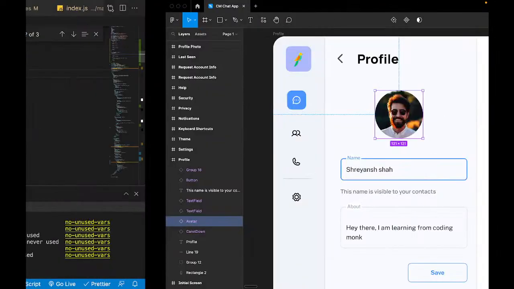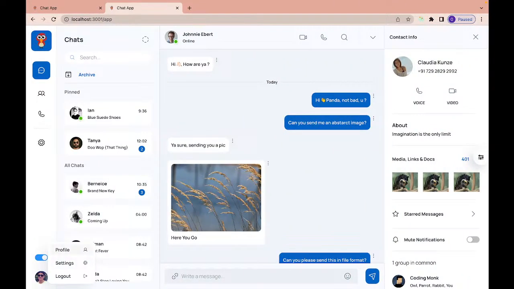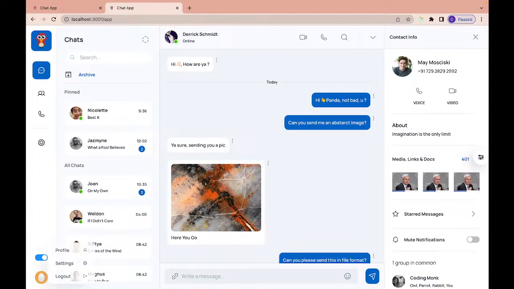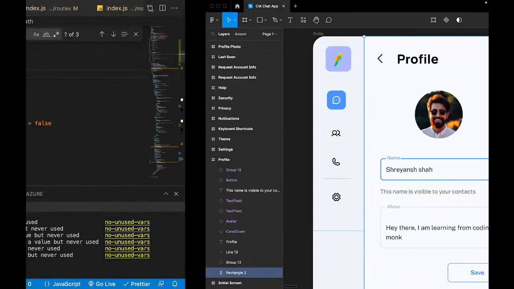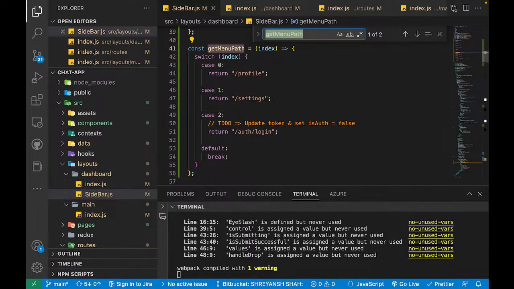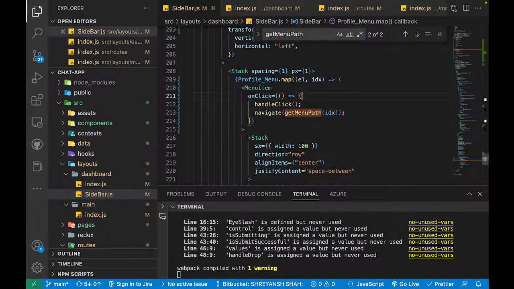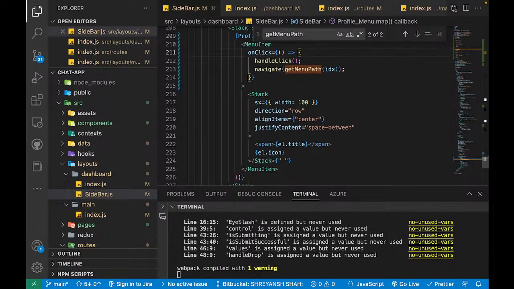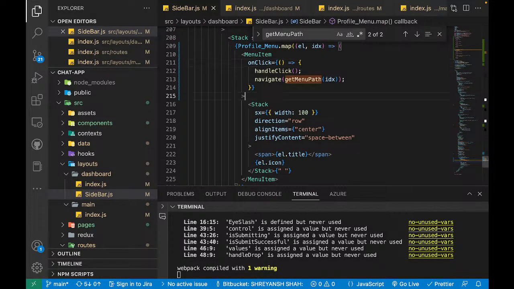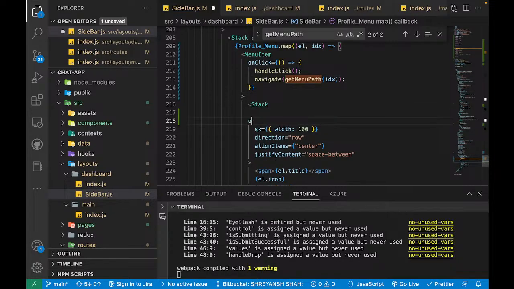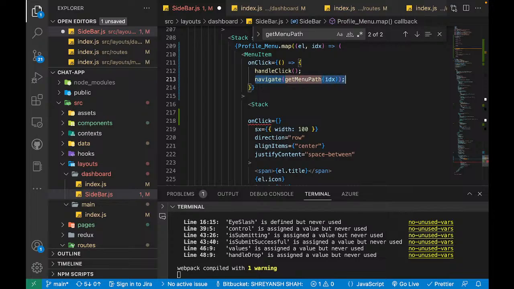Let's save it, and if we go back to our app and click on profile, let's refresh it. And it's not working, so let's see what is wrong here. Inside this menu item we are clicking on this button. Let's actually implement this on the stack. So if I write it here,